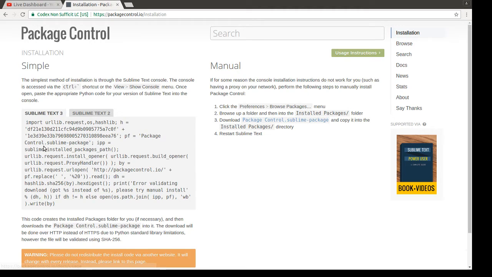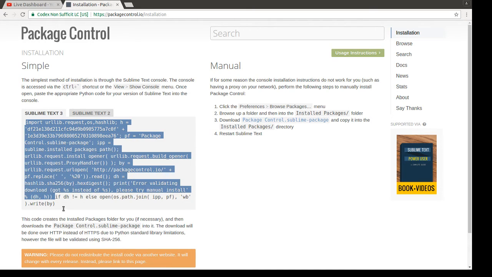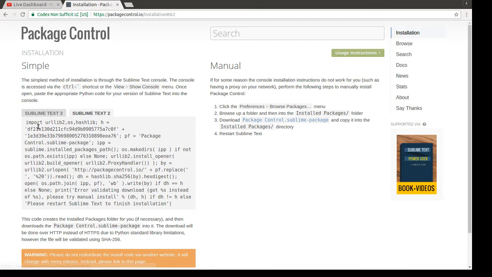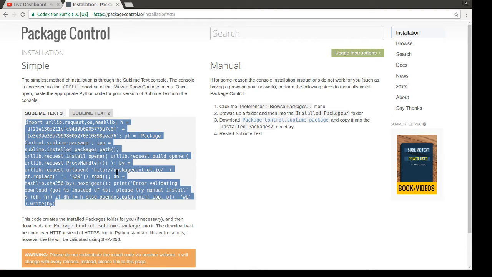I am using Sublime Text 3 build 3114. So this is the command that works, specifically Python code. If you are using Sublime Text 2, which probably you are not using at this point in time, but still if you are using, use this Python code. Prefer to use Sublime Text 3. Let's copy it from here, and now